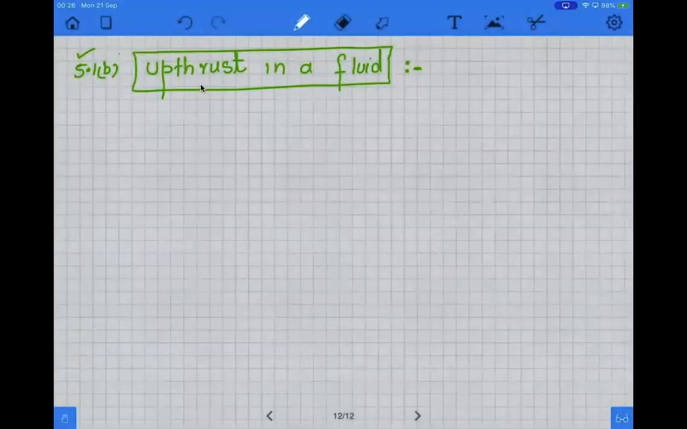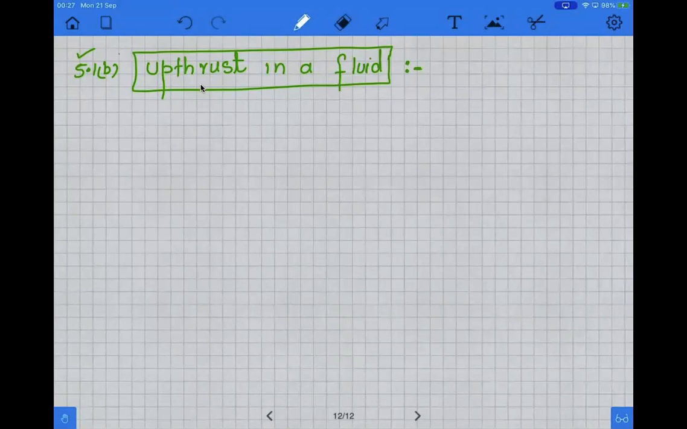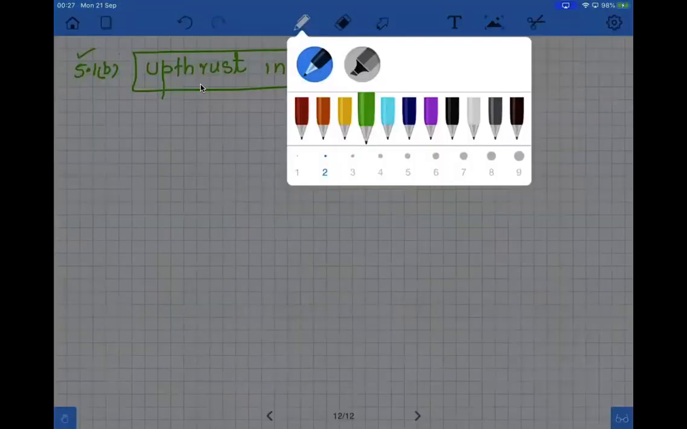In this slide, we are going to cover the topic upthrust in a fluid. Now, first of all, from where the concept of upthrust comes. Upthrust is basically, we should say that